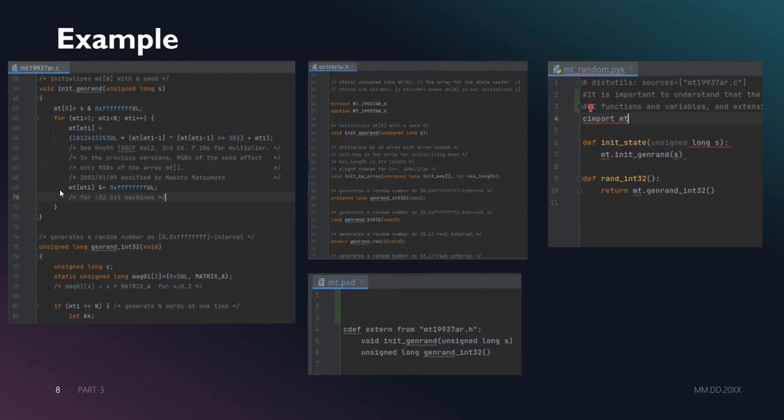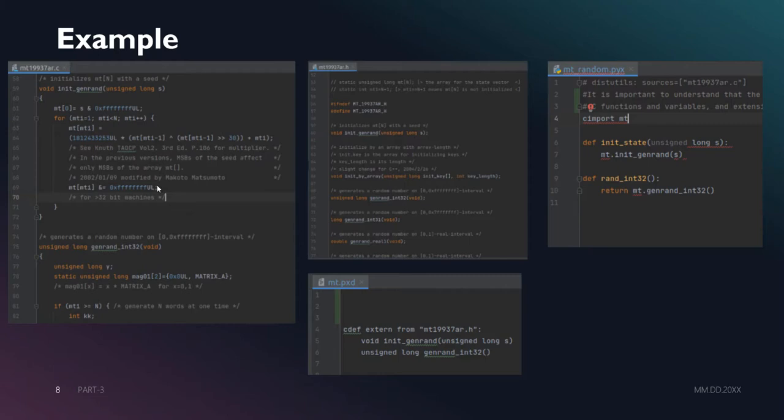So in such a case, this is our existing code, and this is the header file for this code, which declares the various functions that are written in this .c file. Then to create a wrapper, we need to first create a .pxd file, and this pxd file, as I explained before, will have this interface void init_genrand.